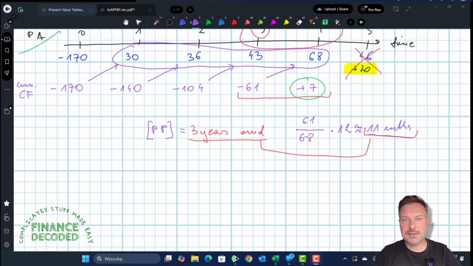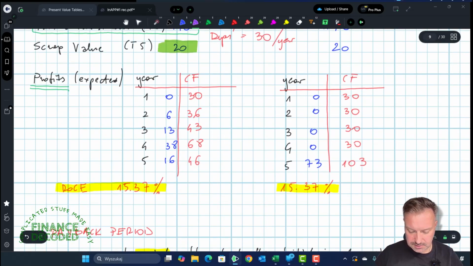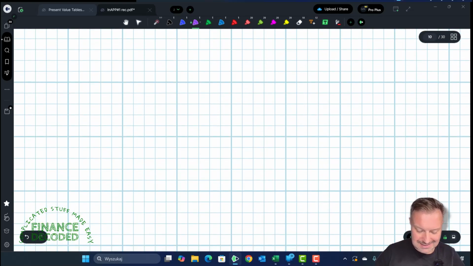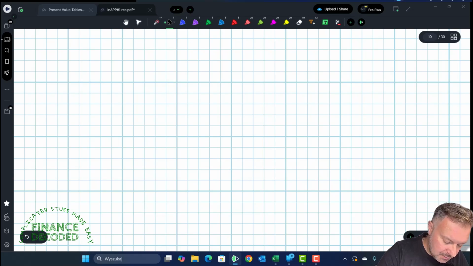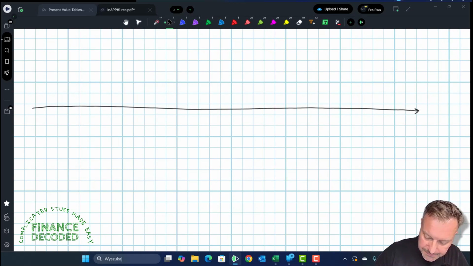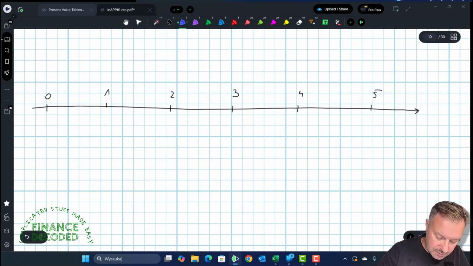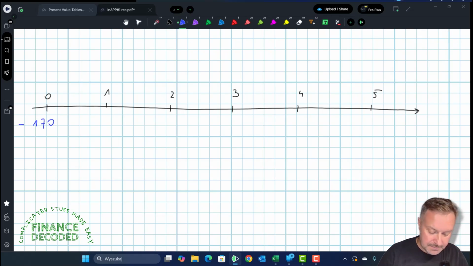I can do the same calculation of payback period for the second project. Let's see how it differs from the one for which we just calculated it. On a timeline, I'm showing when the cash flows are expected to appear. The cash flows are the following: minus 70 at inception, then 30, 30, 30, 30, 103, and the scrap value